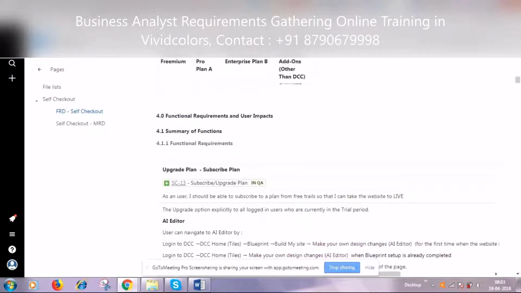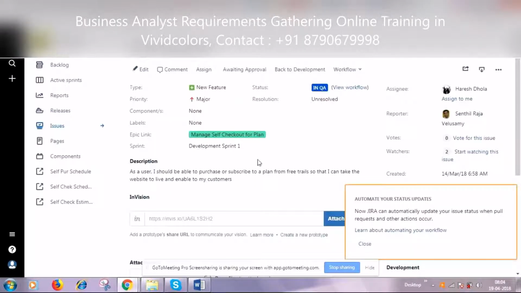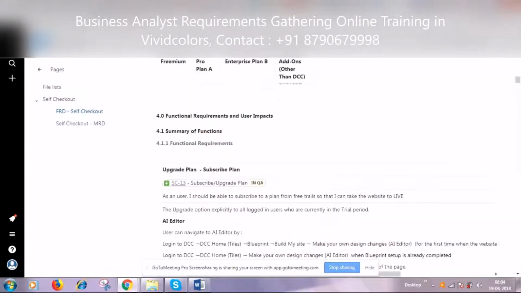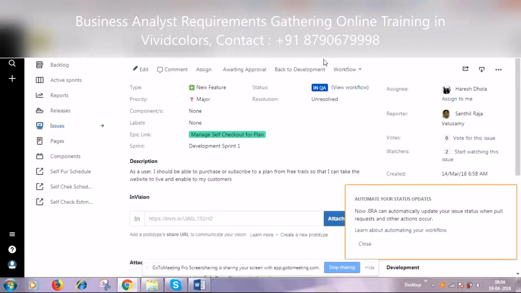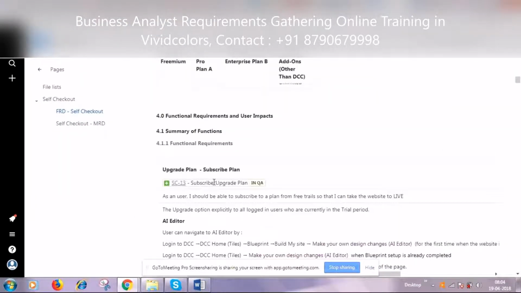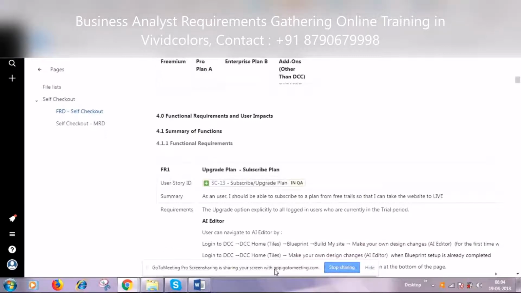So you say that F40, basically we are preparing F40 and it will be available in the Confluence. I will prepare the wireframes and the wireframes will be shared in the Ignition. Then create a task in the Jira. That particular task will be matched to the requirement in the Confluence. So you create a task here, and that task ID you copy and share over here in this particular column, against the user stories.